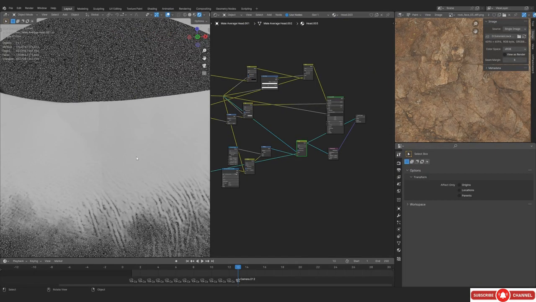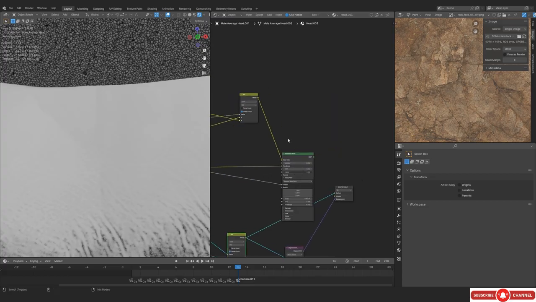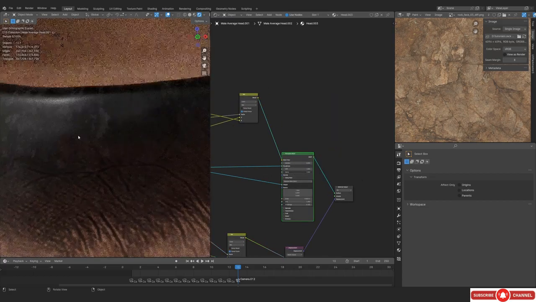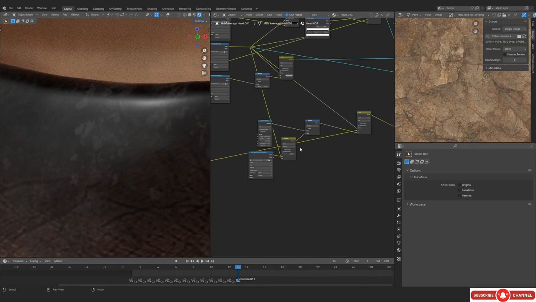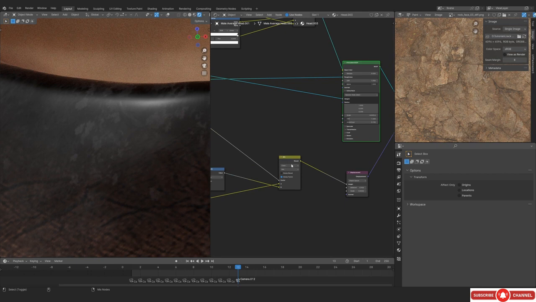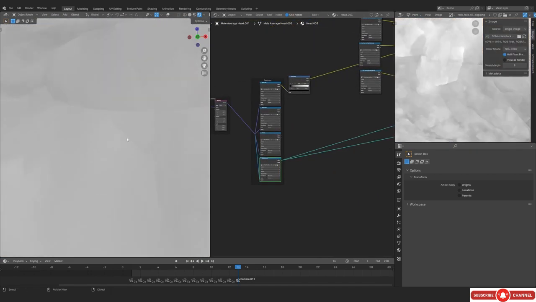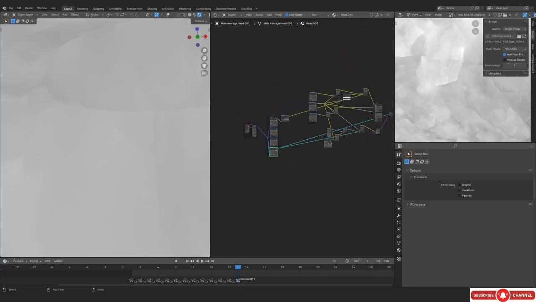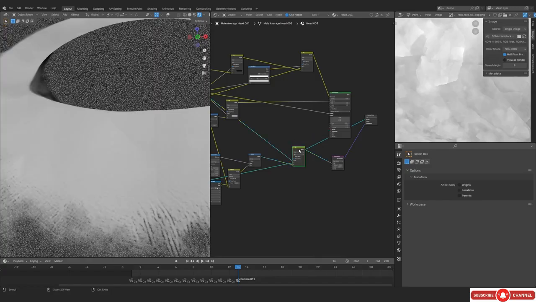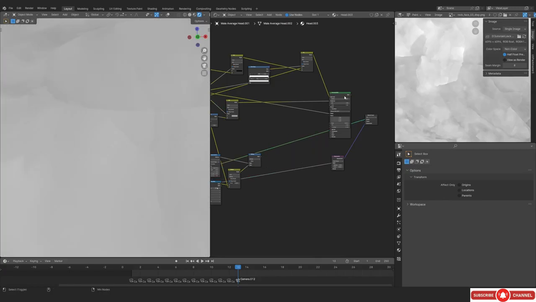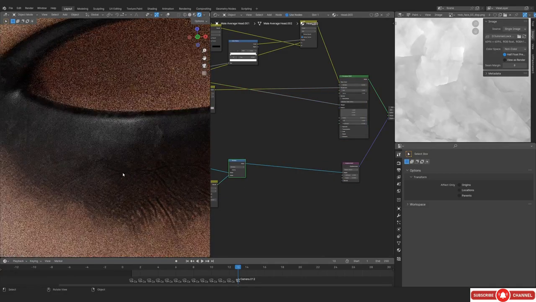Now this is, yeah, it's kind of like this, and if we were to just look at it through the Principled BSDF, this is what we are going to get, and it's not going to work. The reason it's not going to work is because, I don't actually remember why it's not going to work. Yeah, okay. I think the scaling was a little bit too big. I think that was the reason. And we're going to have to lower down the scale of it. So this is, I think, something that we need to do.